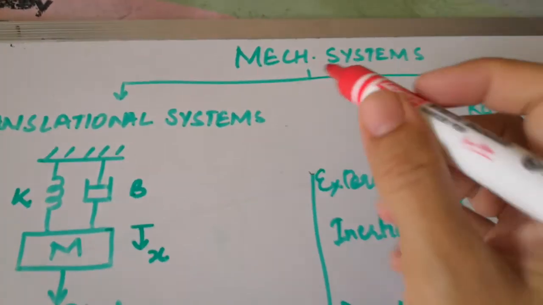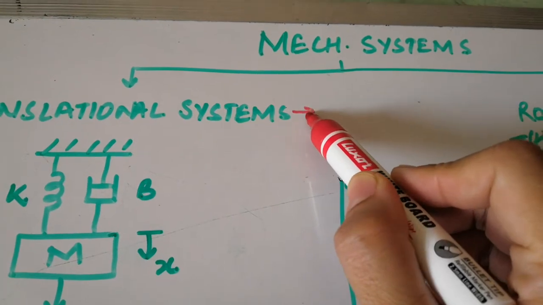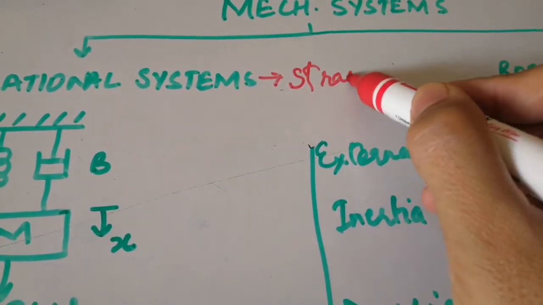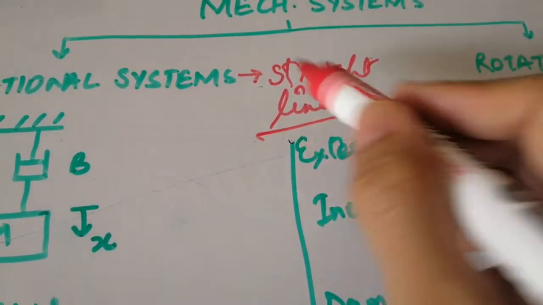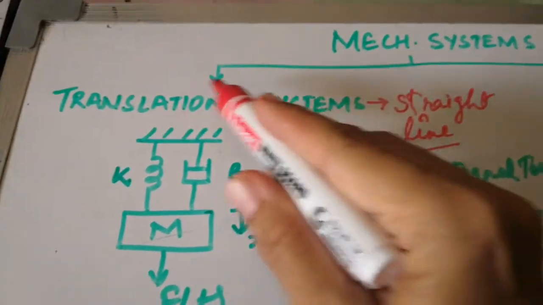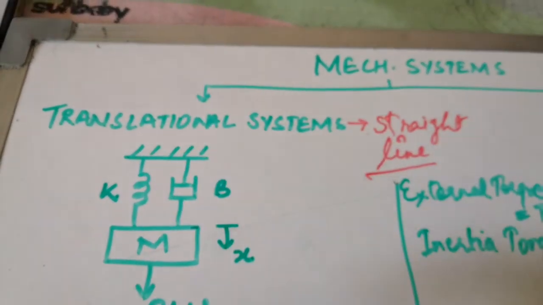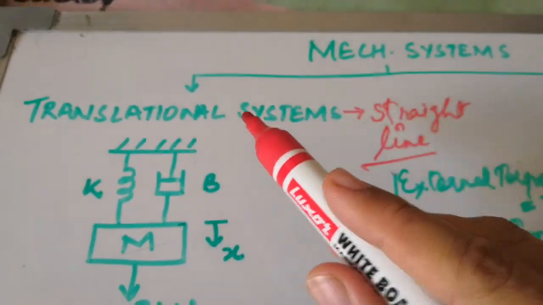So translational system means, what do you mean by translational? That deals with the translational motion, that means the motion in a straight line. The motion in a straight line is called translational motion, so all the systems that deal with translational motion in a straight line are called translational systems, while